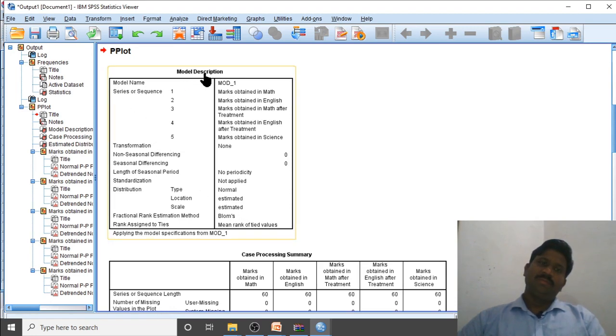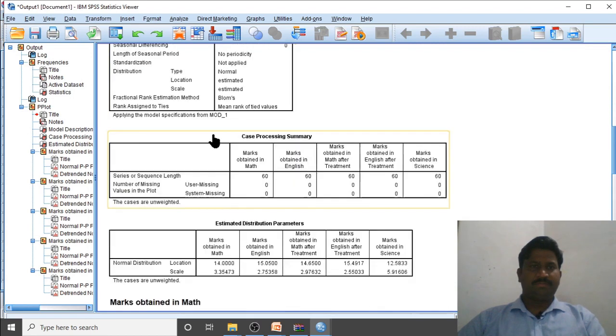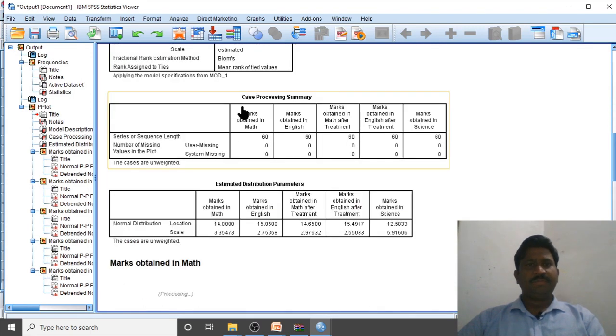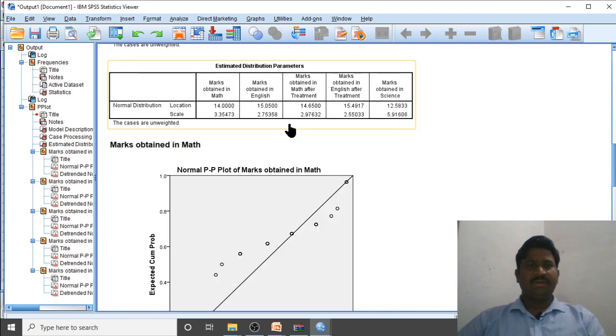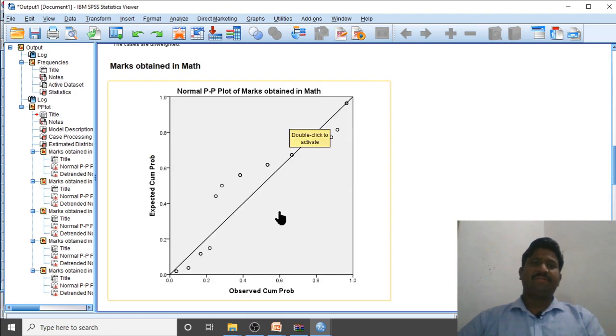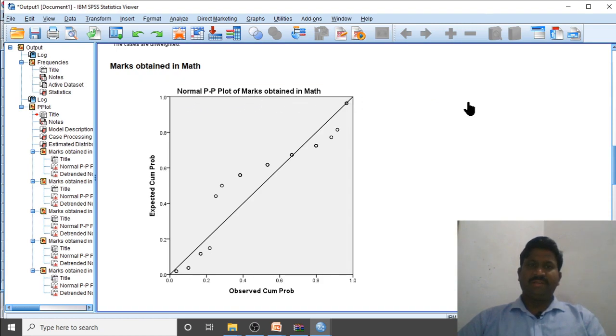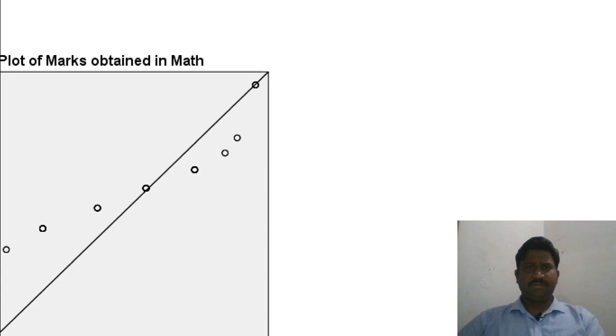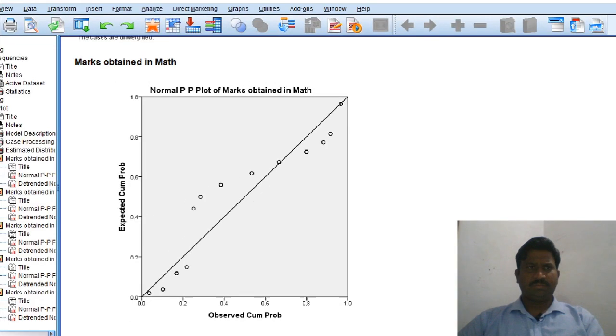So these are the models, and this is some summary, the model case summary. But our focus point is this curve: Normal P-P Plot of marks obtained in maths. You can see in zoom here.